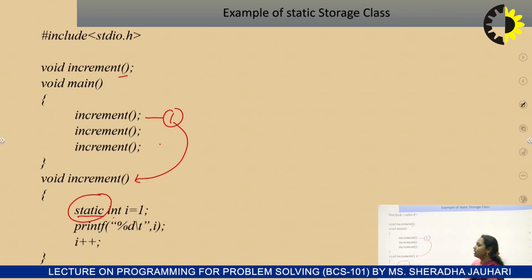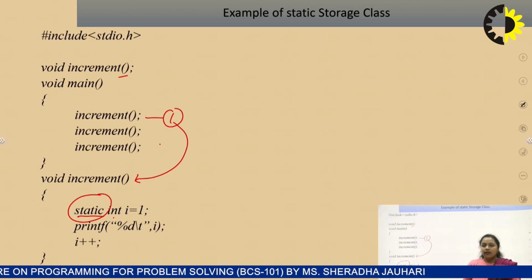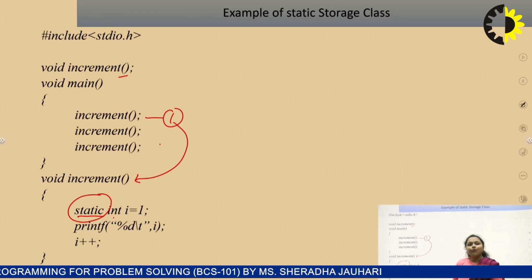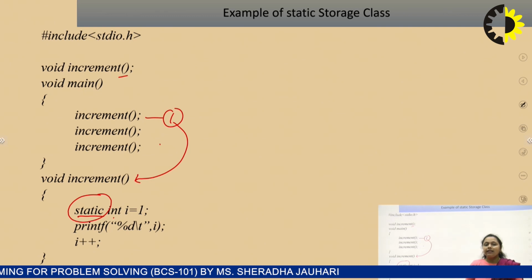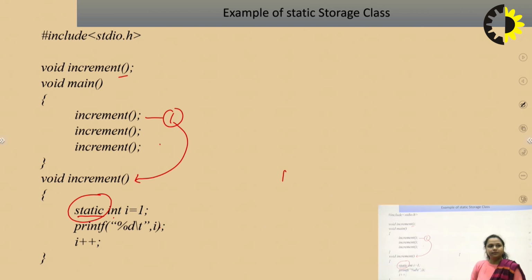We are using a static storage class, which says the life of the variable is confined to different function calls. So the first time increment is called, it will print I, and the value of I is 1. Then I plus plus, the value of I is incremented by 1, which becomes 2.